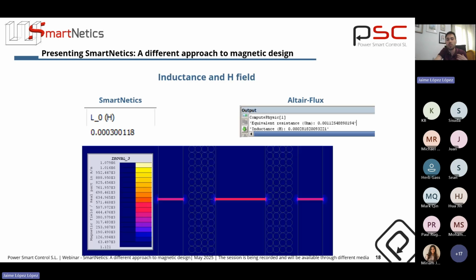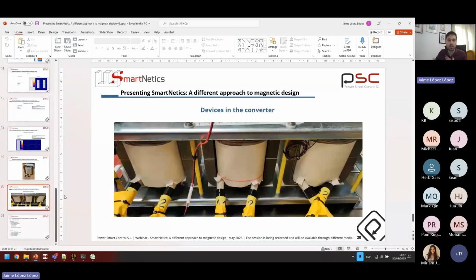You can see the same, for example, for the H field. You can see how the H field is entering your wires, which is, once again, something very hard to calculate. But thanks to this, you can decide to move your wires or to do something to ensure that the fringing flux is not going to be so problematic, or you can change from this kind of gap to a distributed gap to reduce the fringing effects. That kind of stuff you can do thanks to the finite element simulation. So this is everything we have in the tool at the moment.